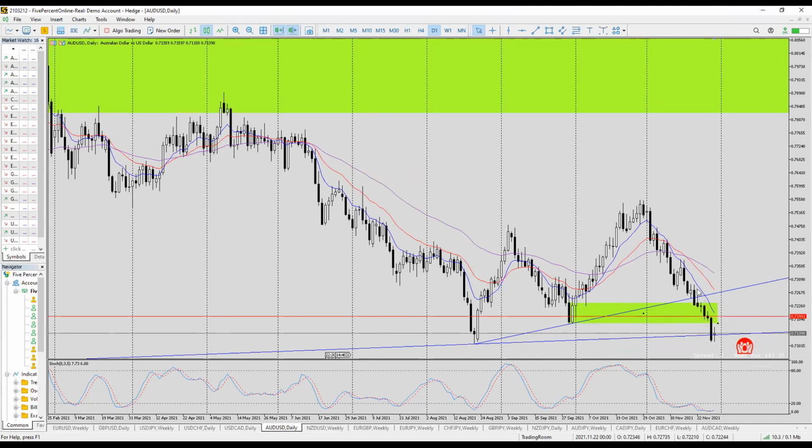I think I spoke last week about this daily candle, this shooting star after this trend line was broken and then retested and eventually closed below. The drop was pretty much expected. That was the beginning of the week. I spoke about it, and look at this beautiful move to the downside. So the retest